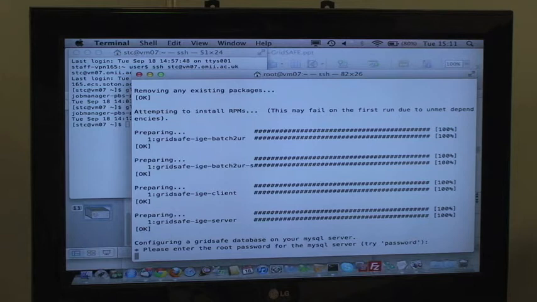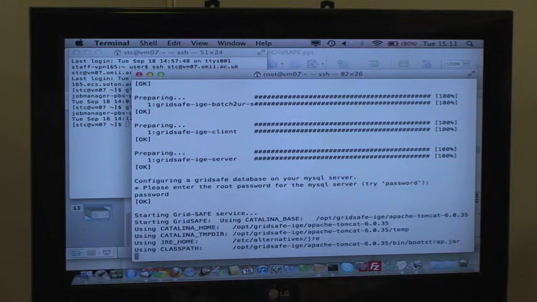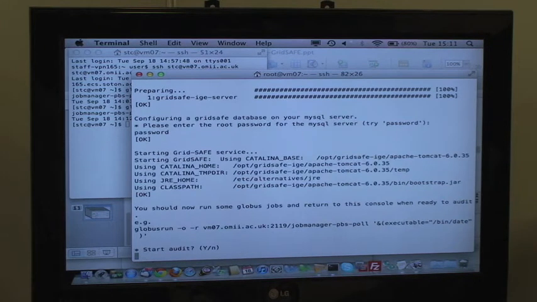One of the other prerequisites is that you have a MySQL server installed. This can be the MySQL community server, which is free to download and install, and then it takes a few minutes. So we're going to use a default password, and obviously if this was a real system you wouldn't use a password called password. So now we've installed Gridsafe, we have the database set up, we're now starting the Gridsafe